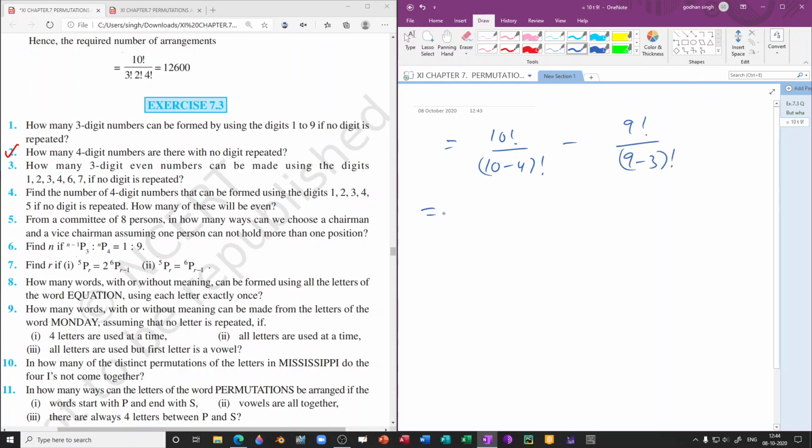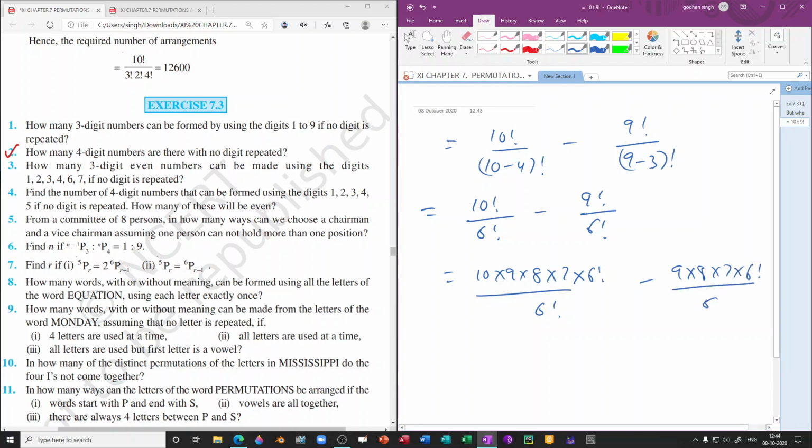So this gives us 10 factorial over 6 factorial minus 9 factorial over 6 factorial, and we can rewrite this as 10 into 9 into 8 into 7 into 6 factorial over 6 factorial minus 9 into 8 into 7 into 6 factorial over 6 factorial. Cancelling 6 factorial from both the numerator and denominator, we will be getting here